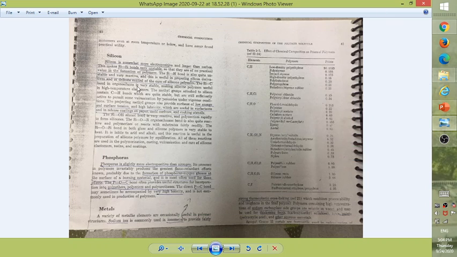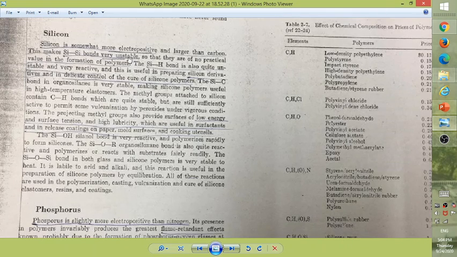Okay, so class, let's see silicon. Silicon is somewhat more electropositive and larger than carbon. Electropositive means silicon can much more easily give away its electron. It is an electron donor